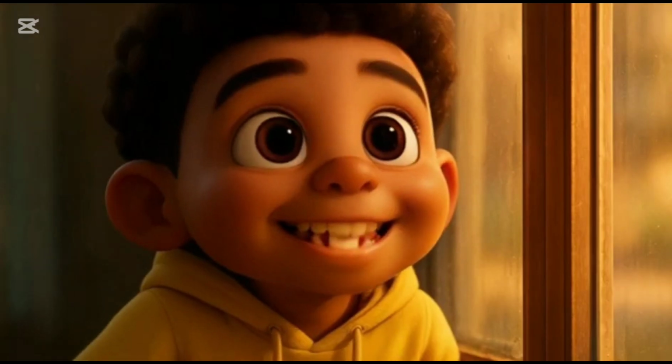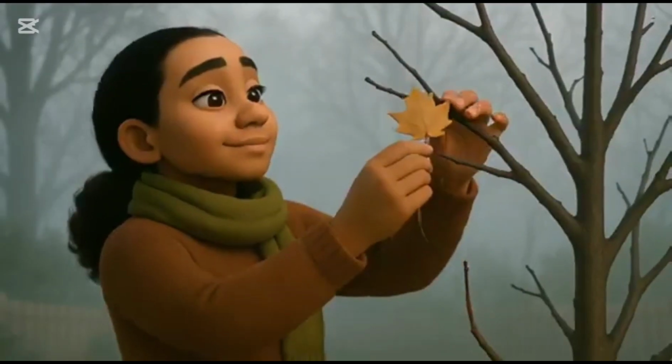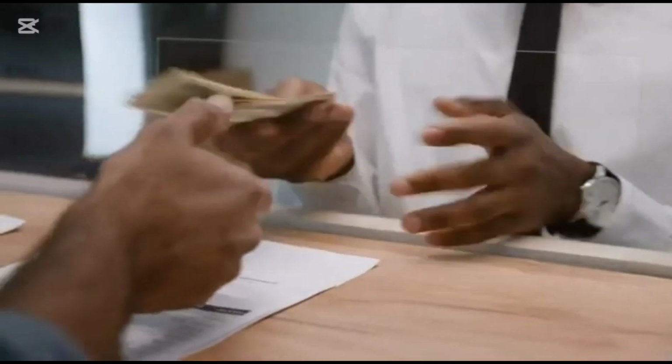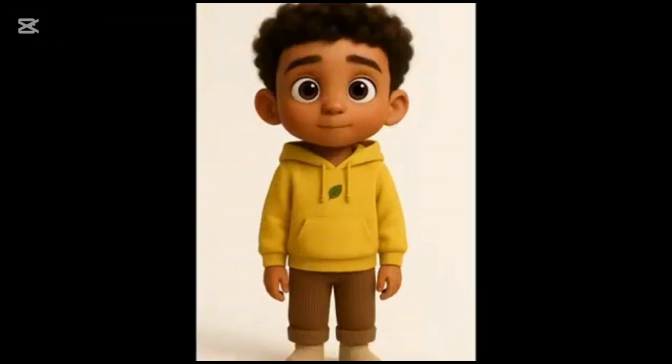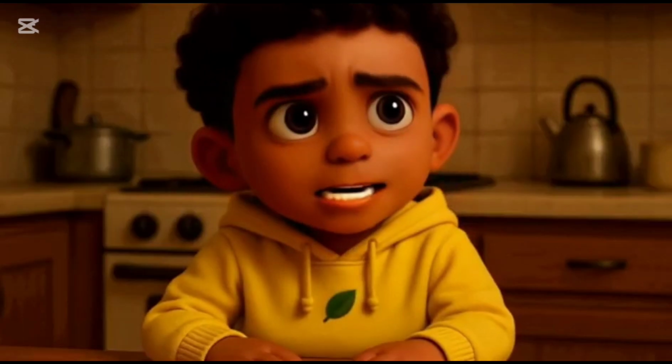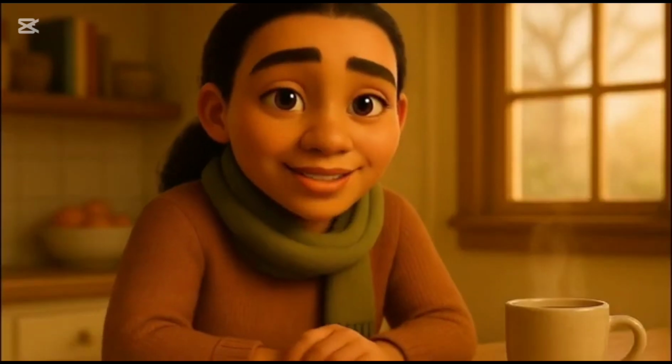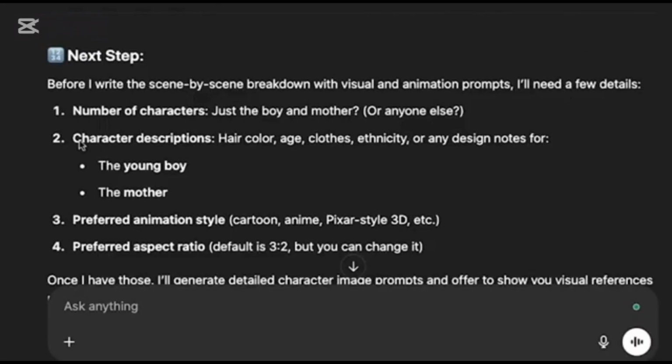What if I told you there's a simple way to turn AI-generated images into full animated videos without spending a single dime? Sounds crazy, right? But it's real, and it's all thanks to a powerful update from ChatGPT. No more struggling to design consistent characters. No more staring at a blank screen trying to force a story idea. In this video, I'm going to reveal exactly how I do it, from writing engaging scripts, to generating stunning scenes,